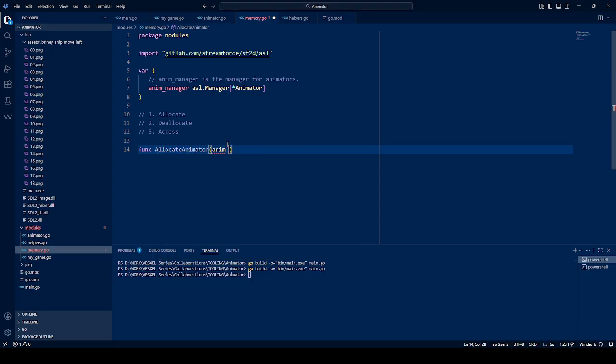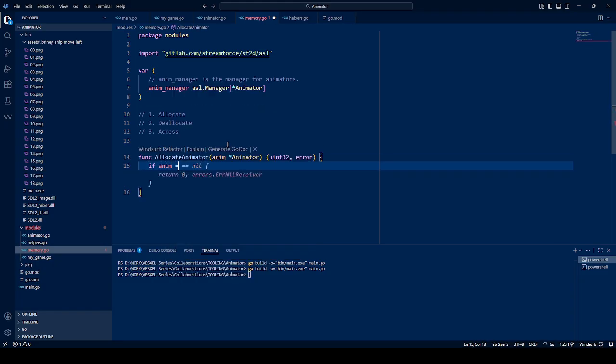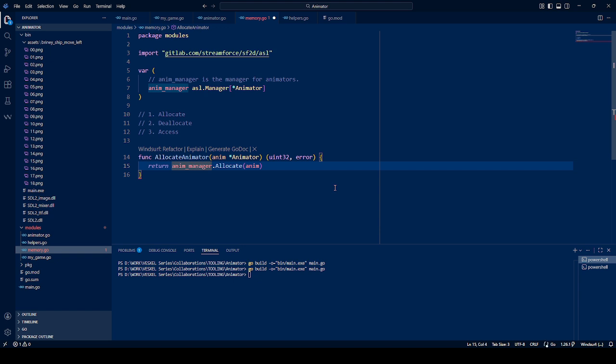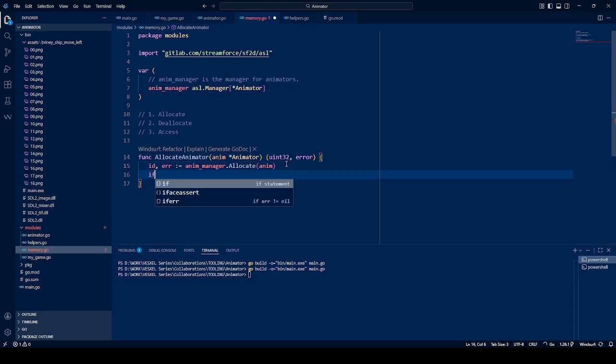So animator, give it an ID, and an error. If anim is equal to nil, we cannot allocate this. No, actually, yeah, we can allocate an element if we want to start it later. So Animator.AllocateAnimator, we get an ID and an error, right? Is it true? Yep. If error,